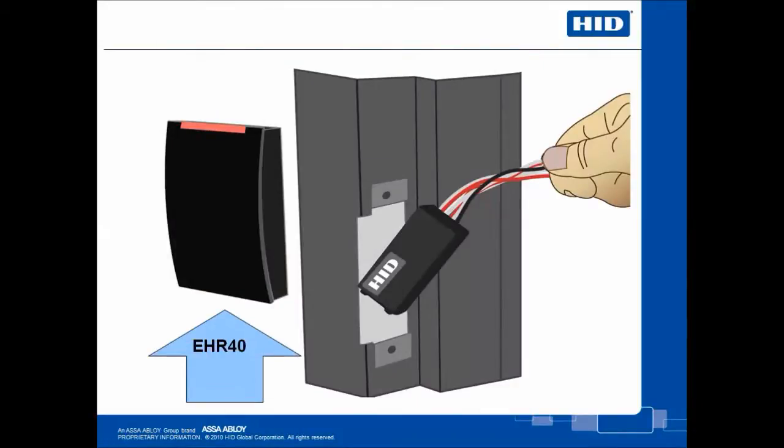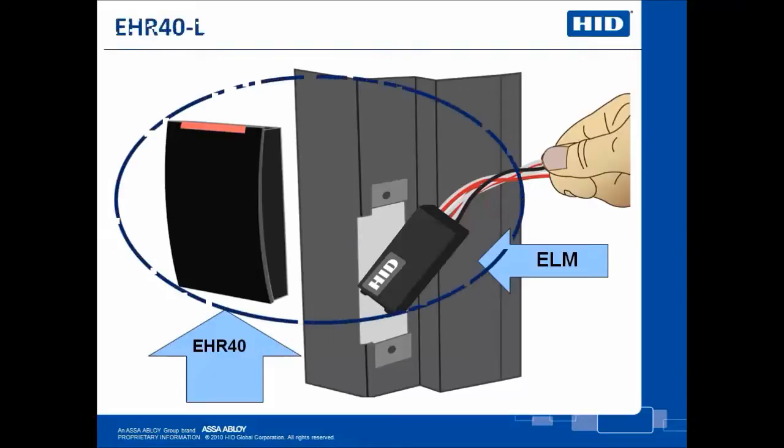The EHR40 connects upstream to the host through Ethernet and downstream to the ELM via HIO bus. The ELM is then connected to the door strike and may be configured for either 12 or 24 volts DC output. The ELM is compact enough to fit within the door frame and may reside next to the door strike. The EHR40 and ELM are bundled together as the